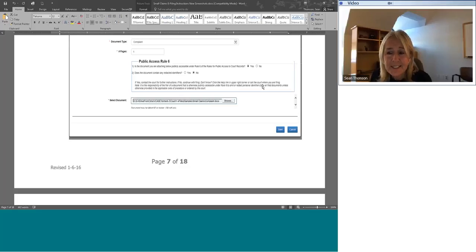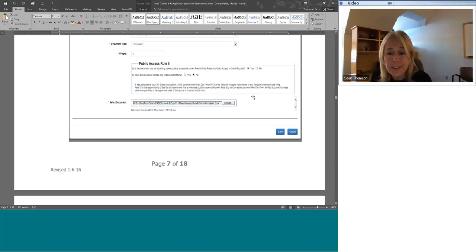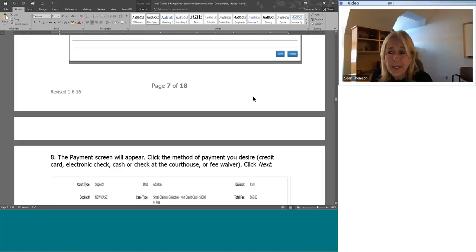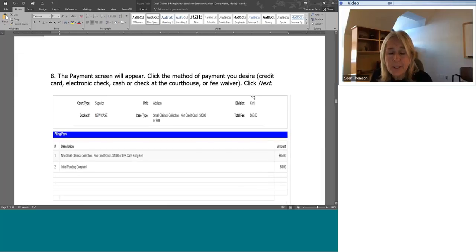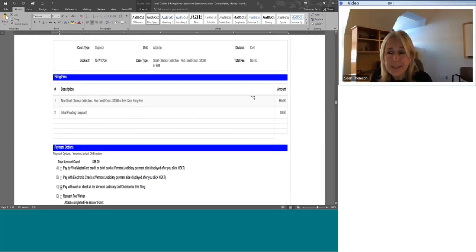And the next step would be to attach the document that you are filing. You click the Browse button. That will take you then to the screen on your computer where you have saved your document. You would click the document that you wish to e-file and open it. You would repeat that process for however many documents you were e-filing at this time. Once you had attached each of the documents that you wish to attach, you would click Next, and a payment